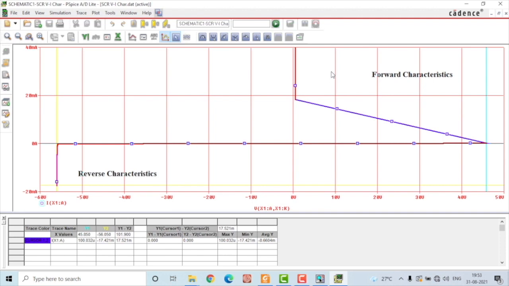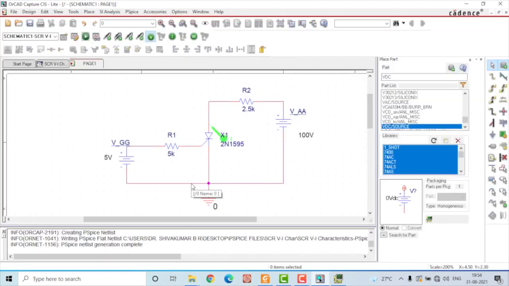Right. So that is about the construction of the circuit and obtaining the VI characteristics of a thyristor using the